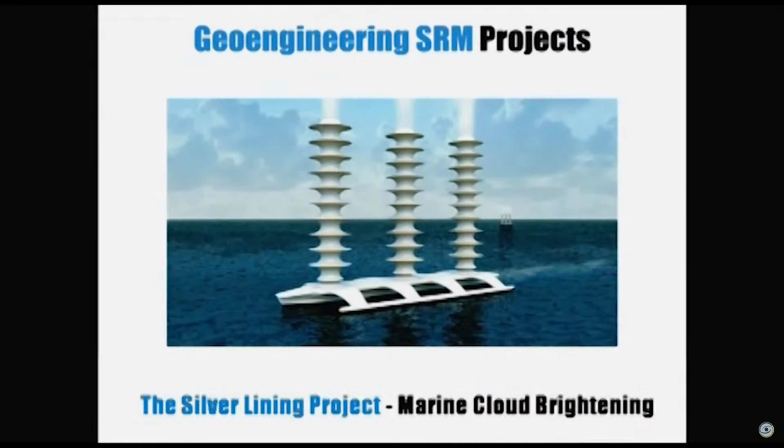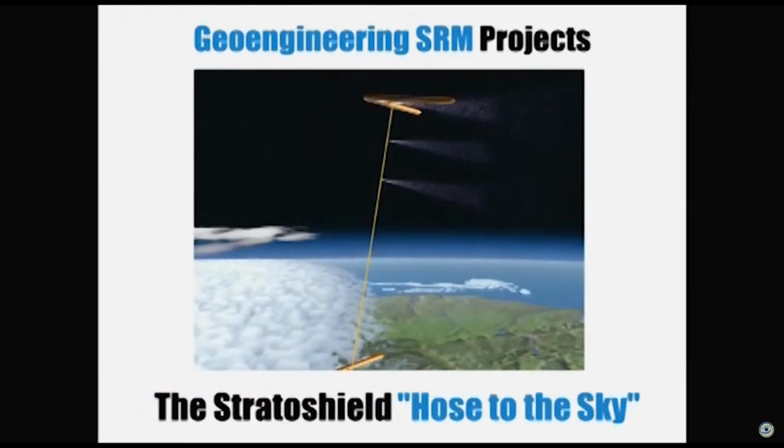So Stephen Salter and John Latham have this thing called the Silver Lining Project. It's marine cloud brightening. They deleted their Silver Lining Project website. Of course, I found that too. So I call it the Silver Lining Project just because they don't like it called that. But their idea is to take sea salt and spray it into clouds to make them whiter and brighter, which will reflect more sunlight. They proposed a couple thousand drone boats in the Pacific Ocean to do it. Those are robots. Bill Gates himself and patent troll Nathan Myhrvold got together through their Intellectual Ventures company to create the StratoShield, a hose to the sky.